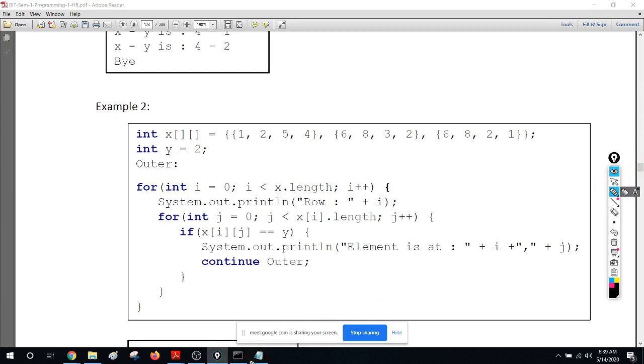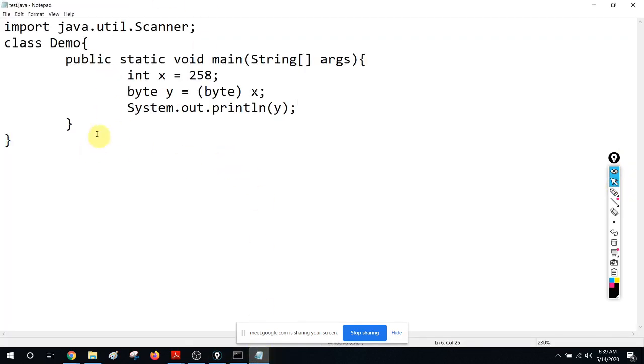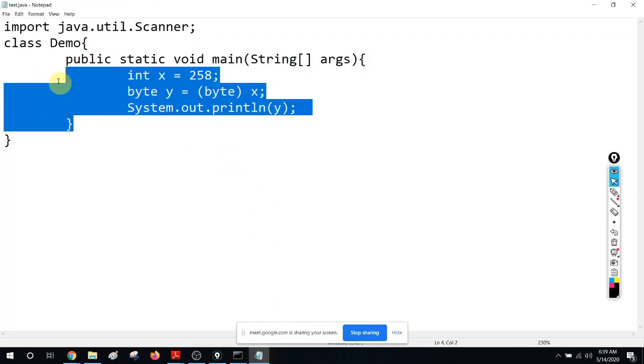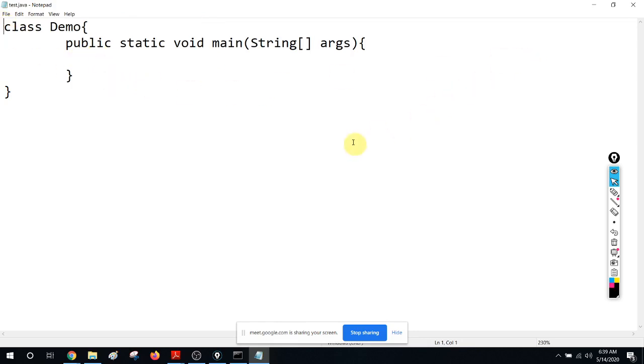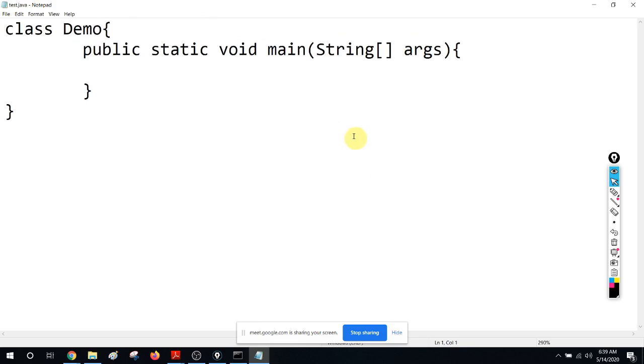Okay, right. So we will straight away do some coding to explain what is meant by method. So the main method that we have been using is itself a method. That is why we call it the main method.